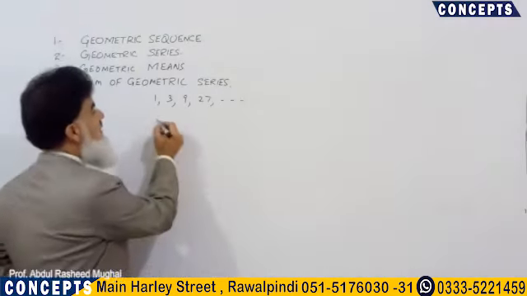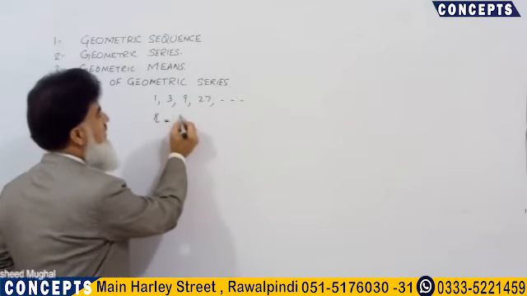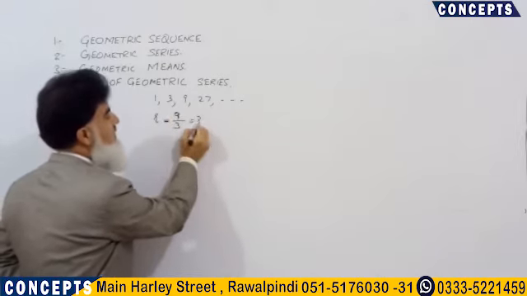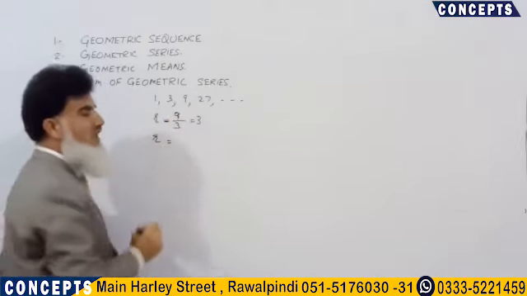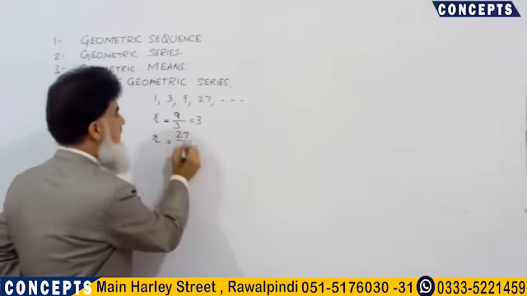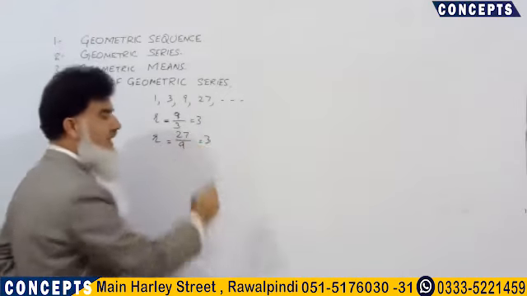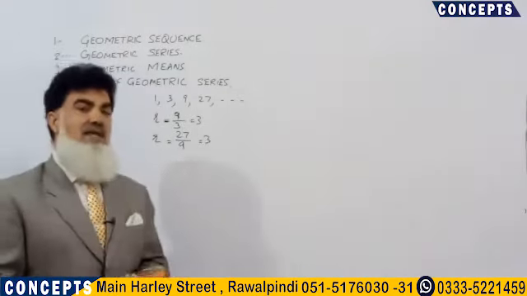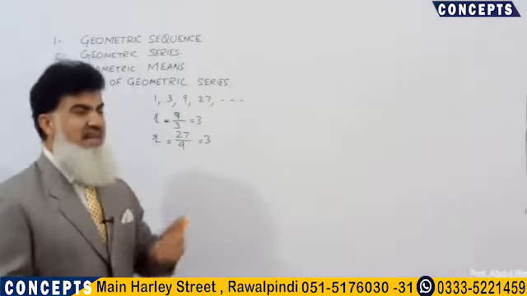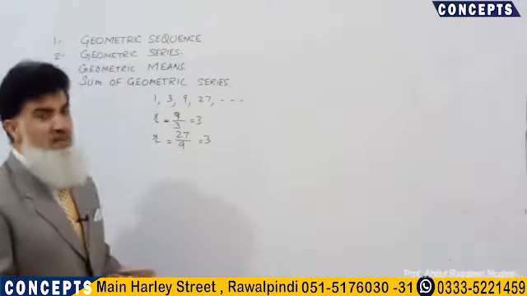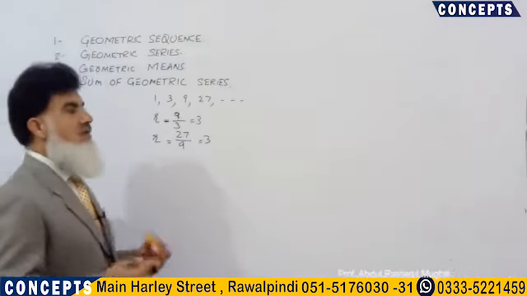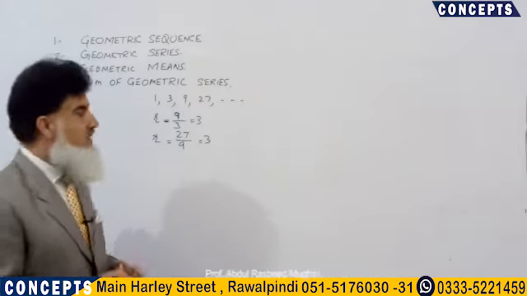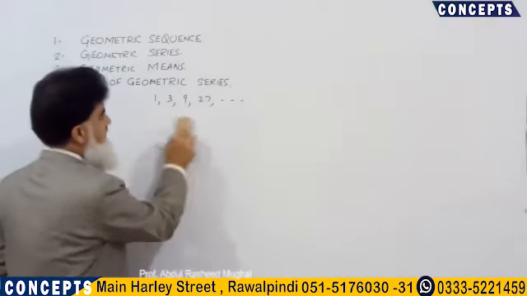And we can find out the common ratio as the third term divided by the second term. Answer is 3. The same common ratio can be found if we divide the fourth term by the third term. Again, the answer is the same, that is 3. This same answer is telling us that these numbers are placed in a geometric sequence. So the numbers of a geometric sequence are obtained by multiplying by a constant number. This constant number is called the common ratio.